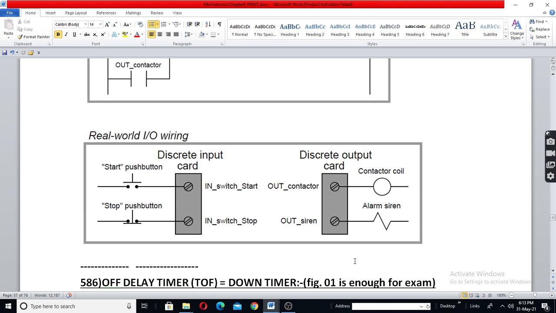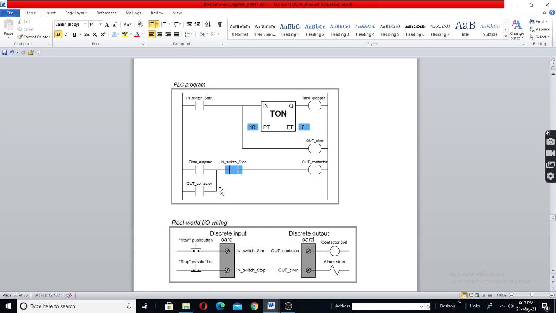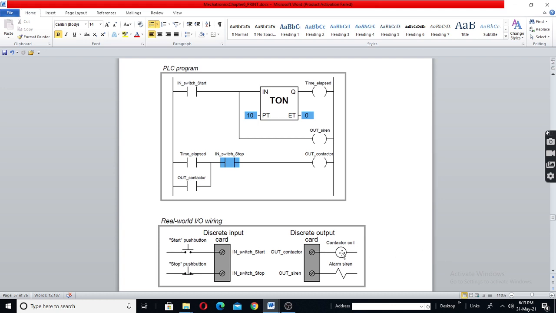At the input, there are two inputs and two outputs. This is the input card or input port, and the output card or output port. So here 1 2, again 1 2. Time elapsed for the contactor coil of the motor, and direct output for the siren.